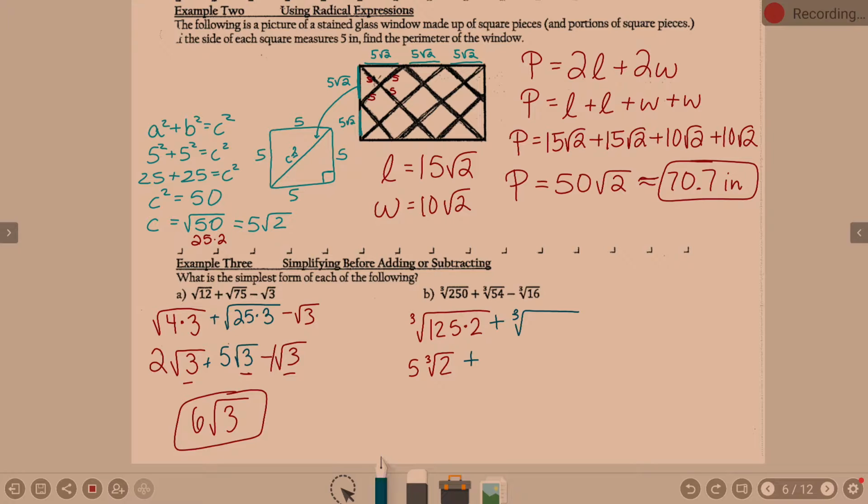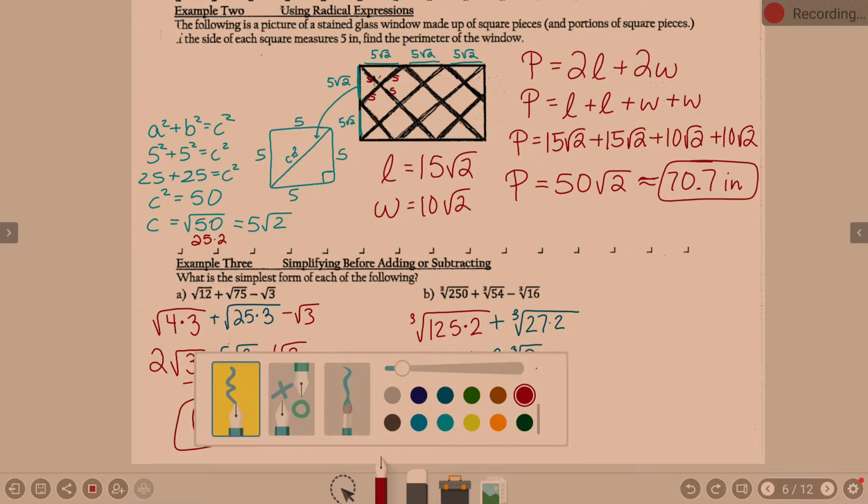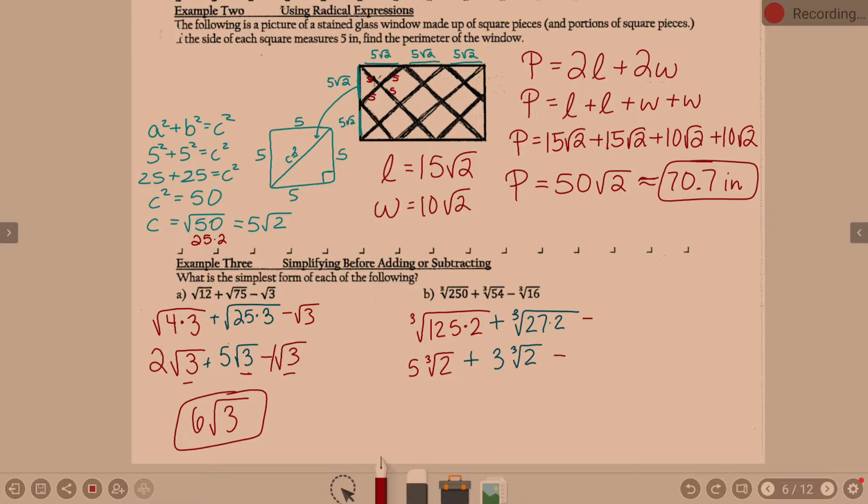27 and 2. So this is a cube root of 27 times 2. What is the cube root of 27? 3 times the cube root of 2 minus,